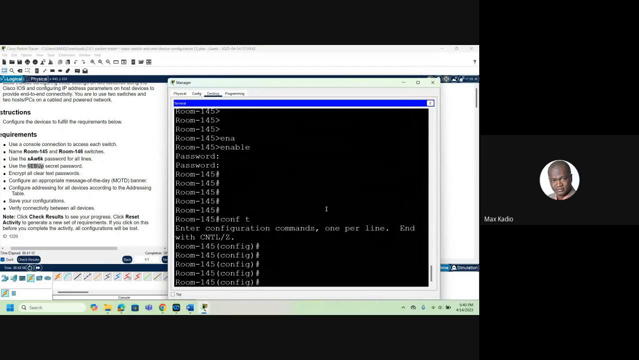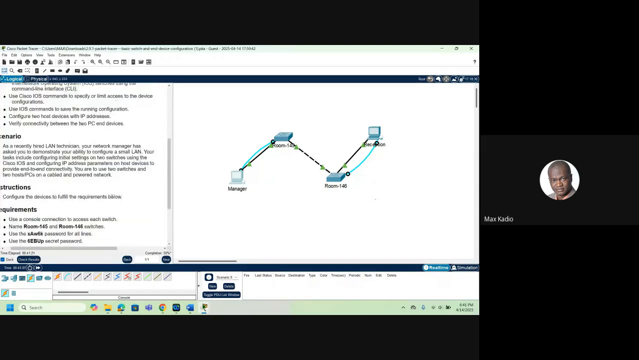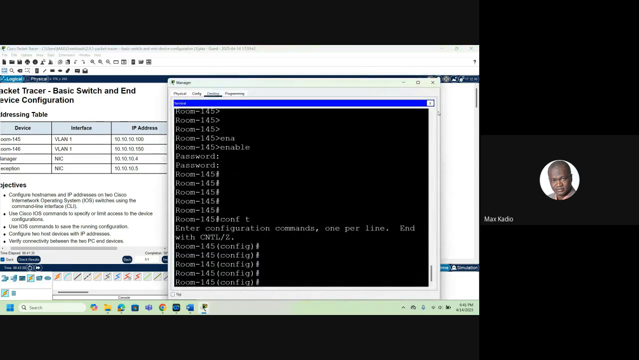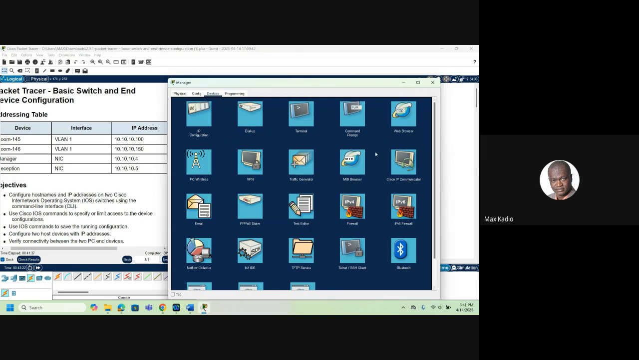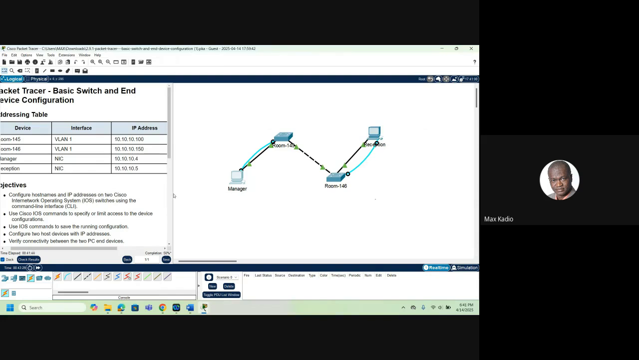You see? Now we configure the message of the day, configure the addressing on all. So to configure the addressing, it's something that I'll show you once, and next time I'll continue. But let me show you once. For the PCs, if you have a PC and you want to add IP, you open the PC, you can close this one. Now you go to IP configuration. You click on it, and you see here,